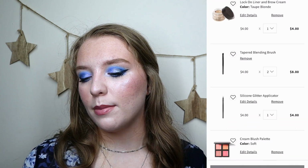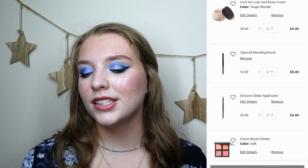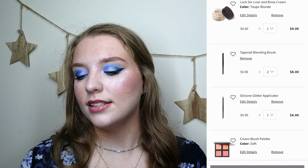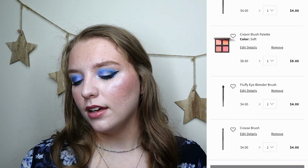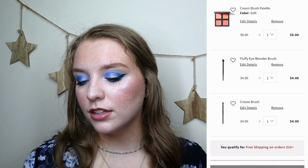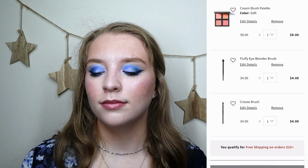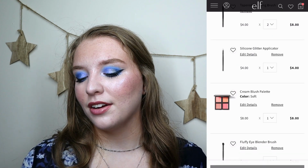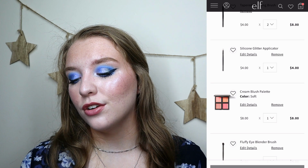And then I did grab a couple of eye brushes. I've heard really good things about e.l.f.'s blending brushes, so I grabbed the tapered blending brush, and I think I grabbed two others, yeah, and then I also grabbed the crease brush and the fluffy eye blender brush, tongue twister there. And then I also grabbed the silicone glitter applicator, and finally I grabbed the cream blush palette